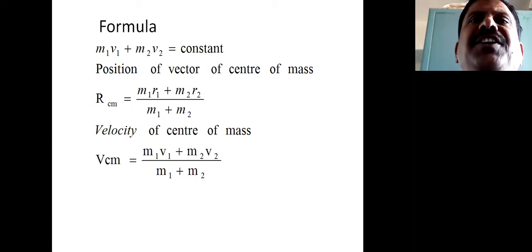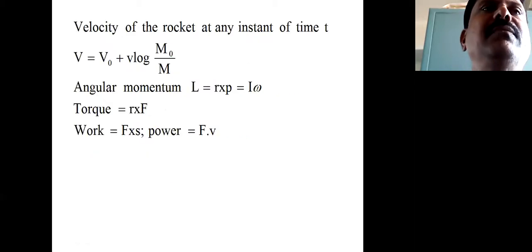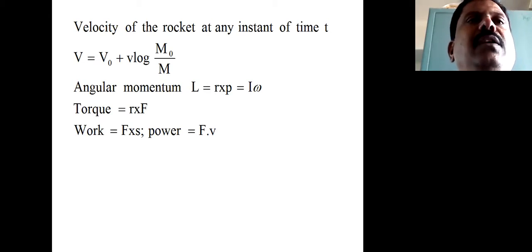So we know the linear momentum equation: m1 v1 plus m2 v2 equals a constant. The position vector of the center of mass, R_CM, equals (m1 r1 plus m2 r2) divided by (m1 plus m2), and the velocity of the center of mass is V_CM equals (m1 v1 plus m2 v2) divided by (m1 plus m2). The velocity of the rocket at any instant of time t is v equals v naught plus small v log of (m naught by m), and angular momentum L equals r cross p,